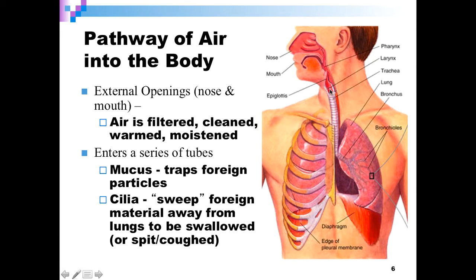as it's coming in. Once we get into the trachea and the bronchus and the bronchioles, you have little parts of mucus that trap any kind of foreign particle, germs, that kind of stuff. And then you have these little cilia, which if you remember are very much like the cilia on a cell or on bacteria. They're these little tiny fingers, remember, and their job is essentially to sweep or collect any kind of foreign material,